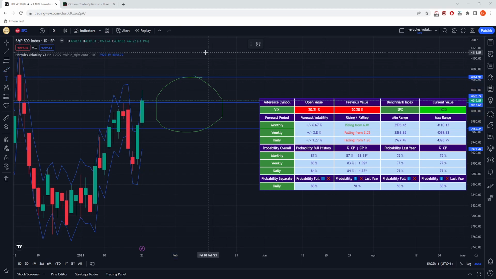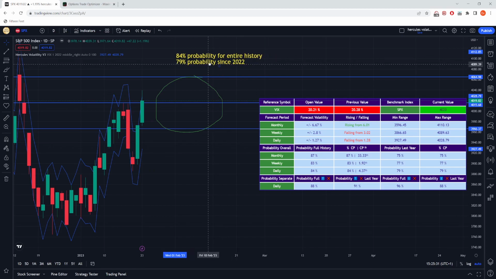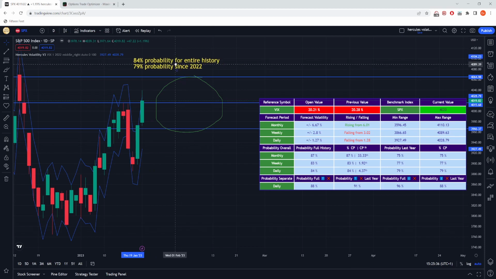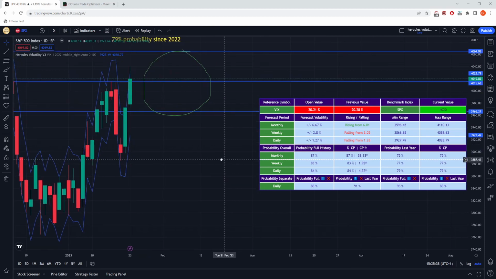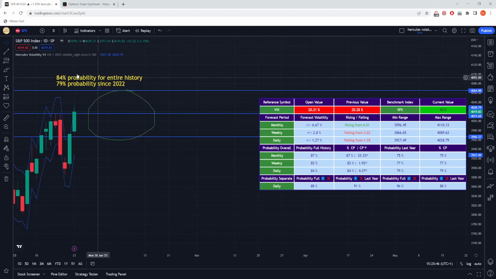We are going to have 84% probability for the entire history and 79% probability since 2020. You know, this is our current data that we have right here. And at the same time, we can also say that, for example, this part, let me move it a little bit like this. And then, for example, we can say that this part from here, in this case, I would have